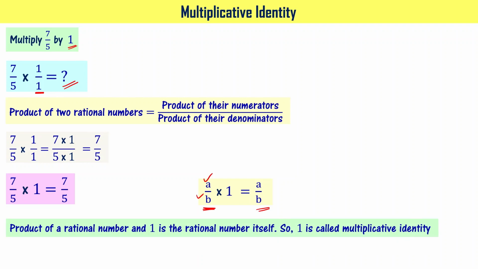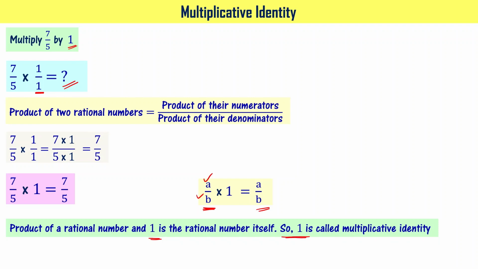So the point you have to note here is the product of a rational number and 1 is the rational number itself. That's what we have learned, right? 7 by 5 times 1 is 7 by 5. A by B times 1 is A by B. In that case,